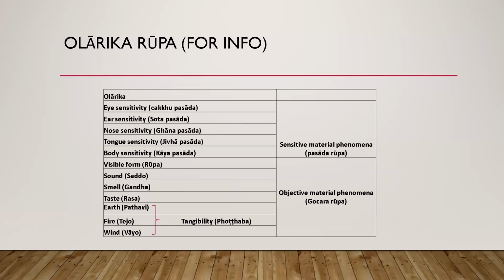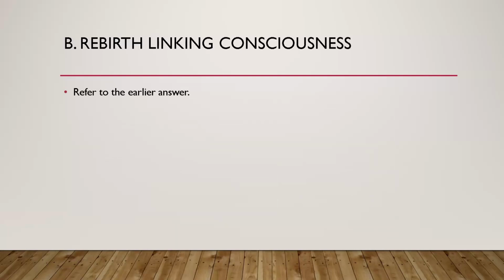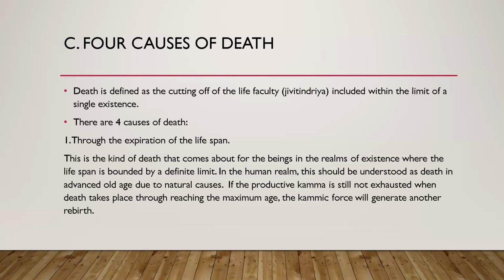Okay, next. The second subtopic is rebirth linking, so refer to the earlier answer. So the third one is four causes of death. Death is defined as the cutting off of the life faculty, Jivitindriya, included within the limit of a single existence. There are four causes of death: through the expiration of the lifespan,